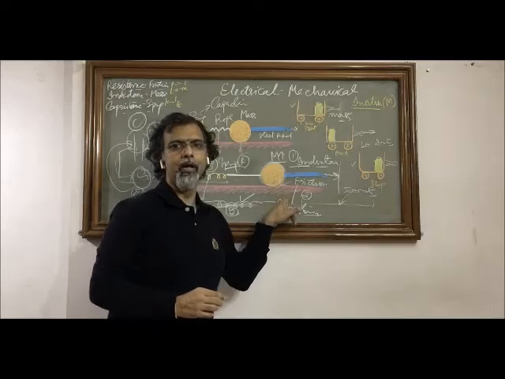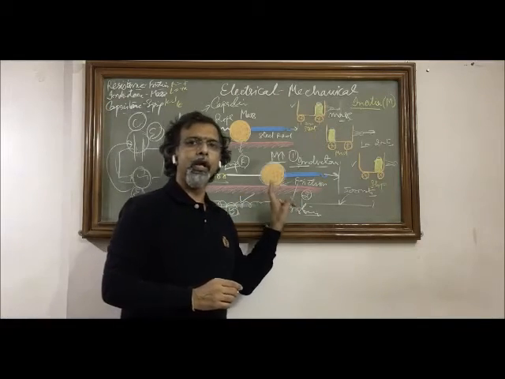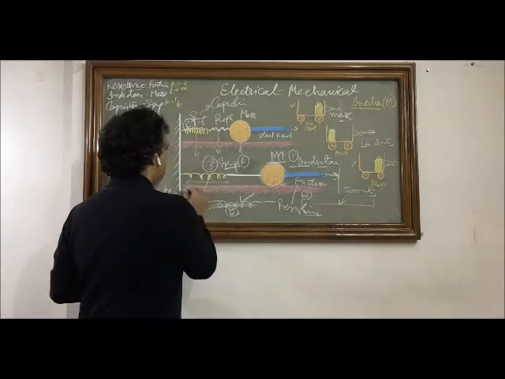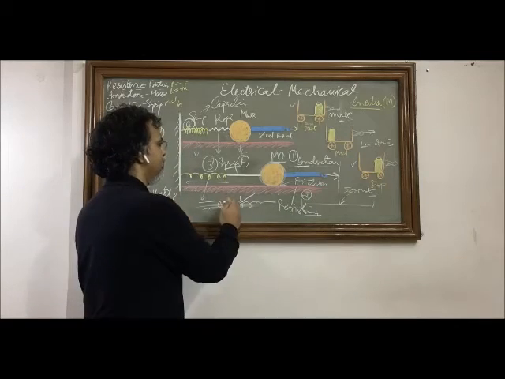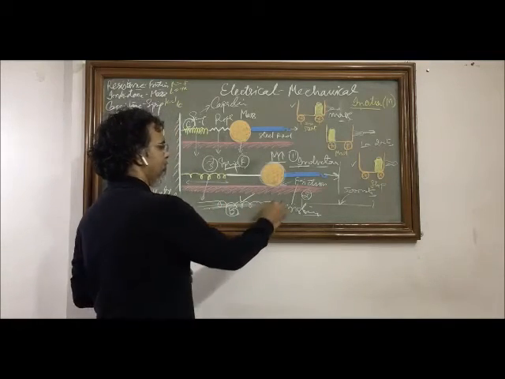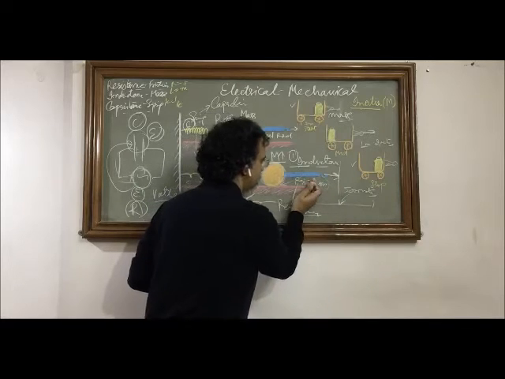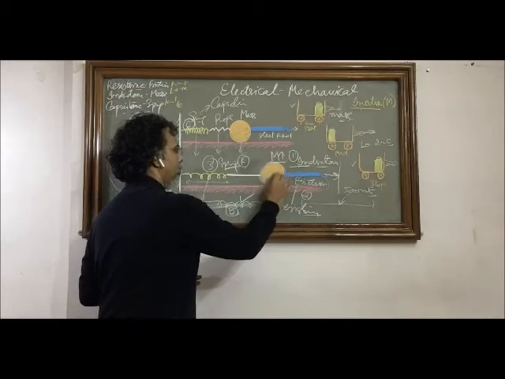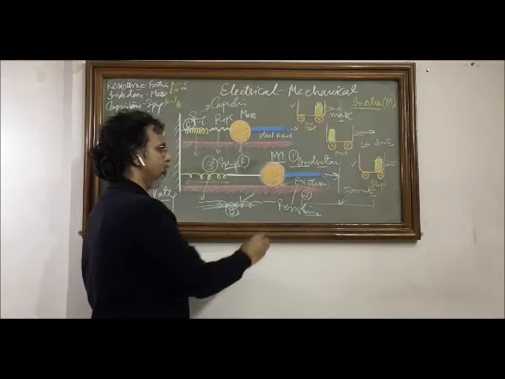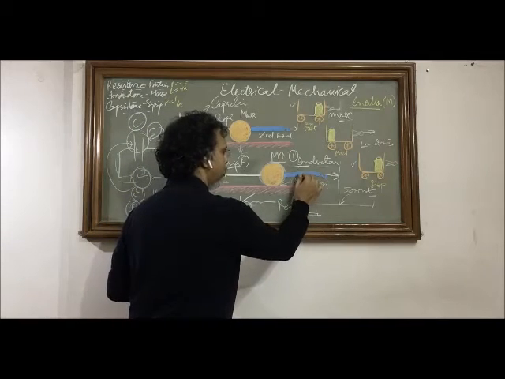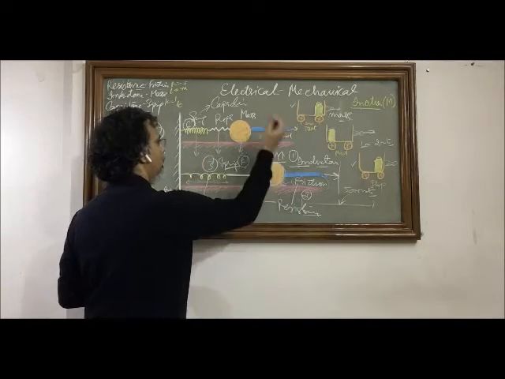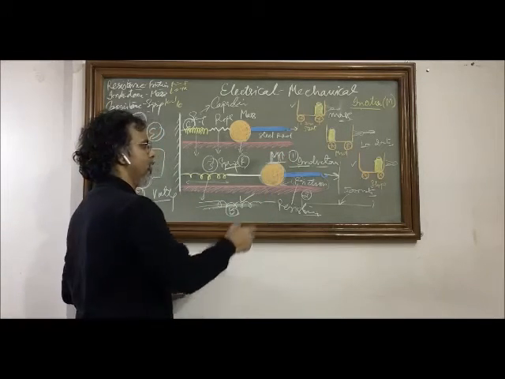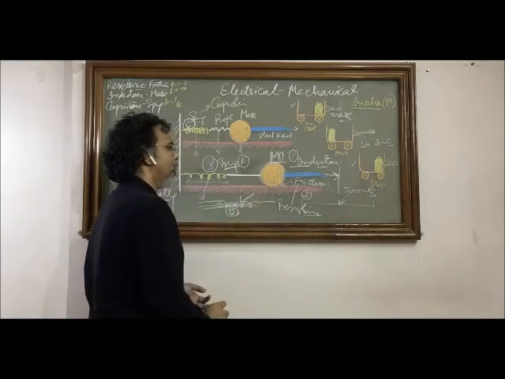This is the dissipative part. This mechanical energy is converted into heat energy, and this heat energy raises the temperature of this mass and of this surface, or anything that is in contact with these two things. So friction is a dissipative part. If it moves here, friction is going to happen anyway, and it will dissipate your mechanical energy into heat energy. So this is some part which is not stored, it is absolutely dissipated. The inductor or the mass is a part which stores, which is not dissipative, which is why it is known as reactance. It is not known as resistance, because it stores energy.